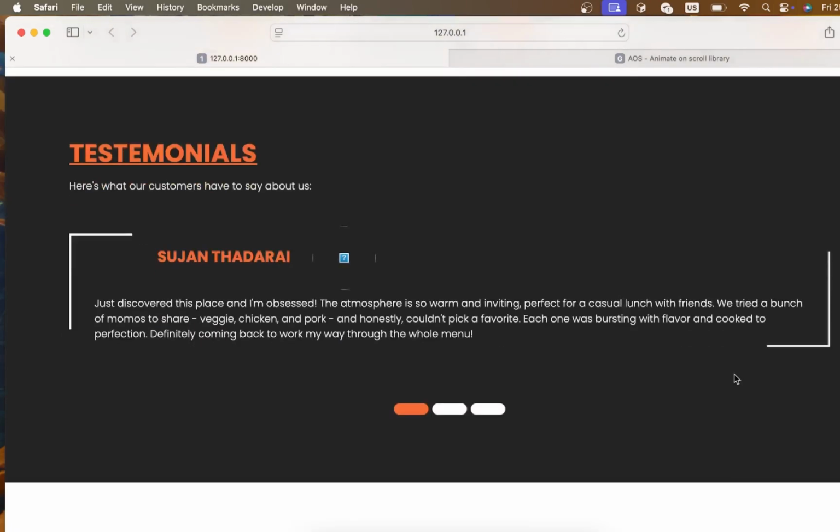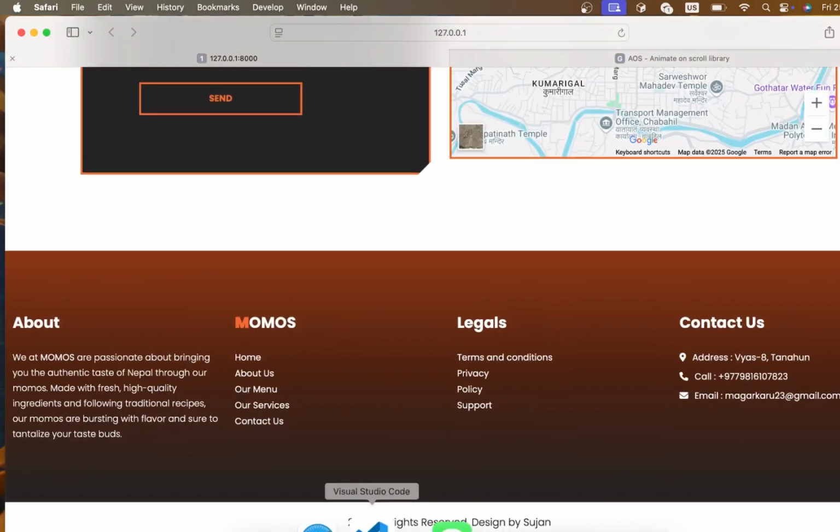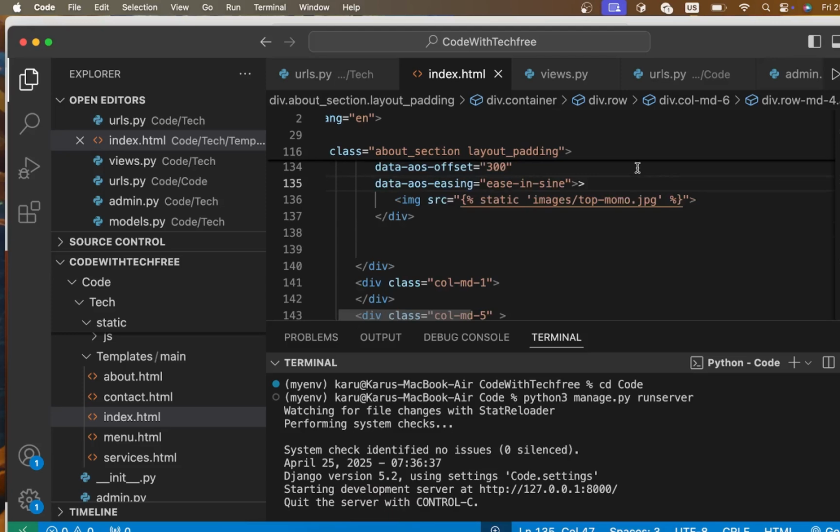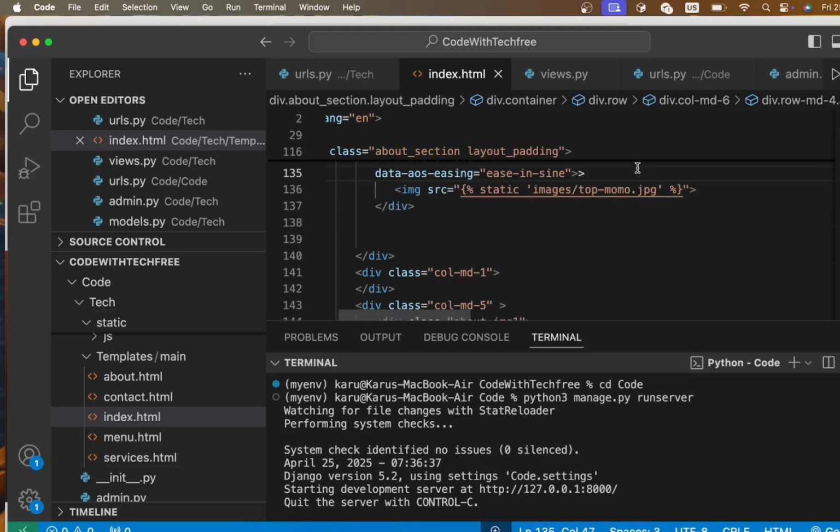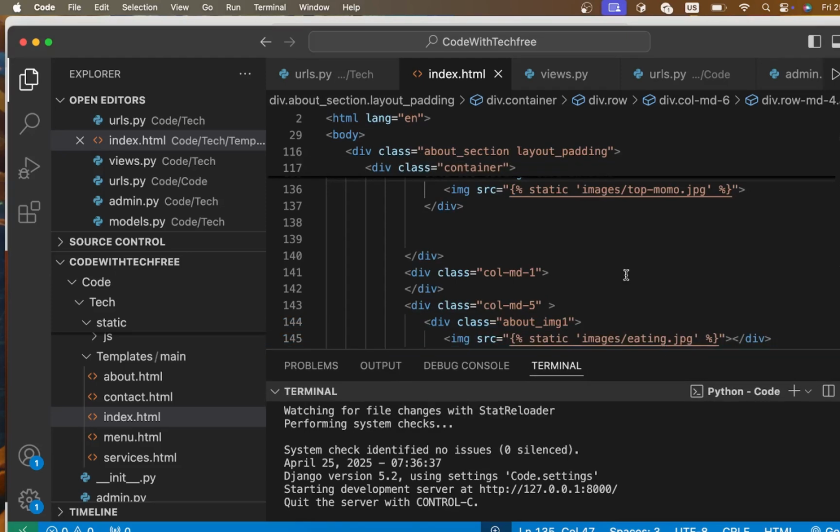So I'm back in here. We already did these types of codes and ideas, and we already implemented them in our previous project. So today we just want to implement